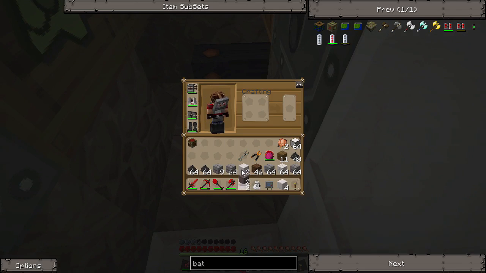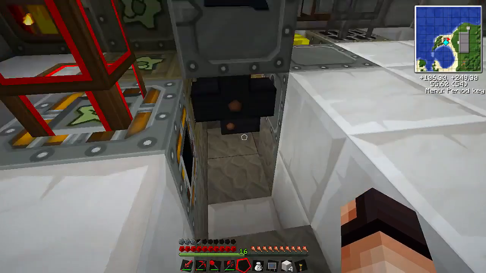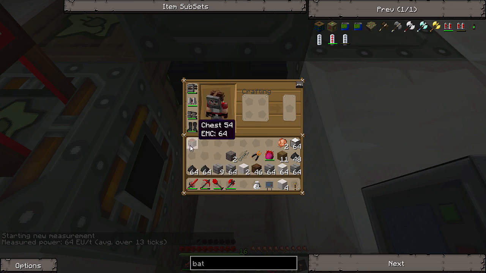I believe if I put my cables in, hopefully it should be like this. Alright, so that should work. Now let me check, it should be 64 still. Okay, perfect. So that is only actually withdrawing 32, but it just looks double because it's input and output like I mentioned. I feel like I'm repeating myself here, but